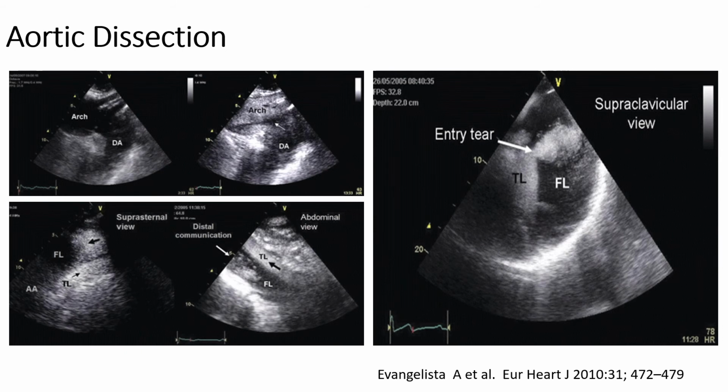Aortic dissection is another condition seen not infrequently in the ED, for which the diagnosis is critically important and sometimes easy to miss. Contrast echo can readily demonstrate true and false lumina, and sometimes the entry tear, as seen here in the right panel. In a single-center study of over 100 patients, the sensitivity and specificity of enhanced transthoracic echo